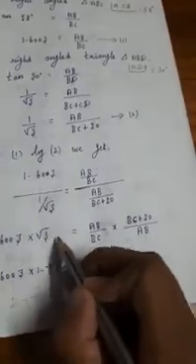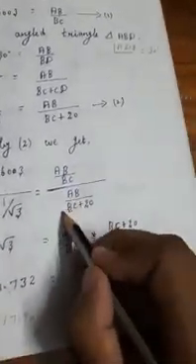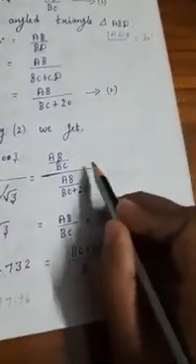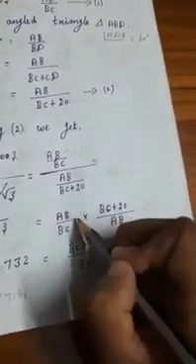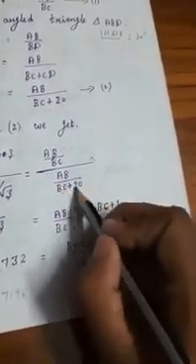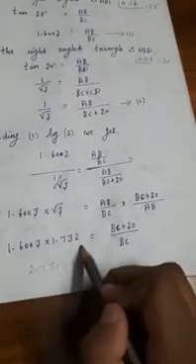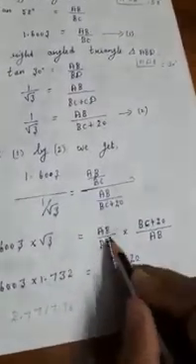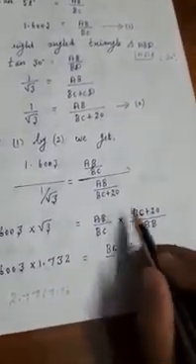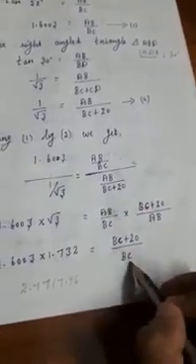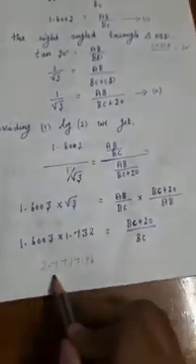So you can write is equal to this, and this part will go reciprocal only. So AB divided by BC into reciprocal, so BC plus 20 divided by AB. Now the root 3 value you know, 1.6003 into root 3 value 1.732 is equal to this. AB you can cancel it. So after BC plus 20 divided by BC, now you can multiply and get this much.